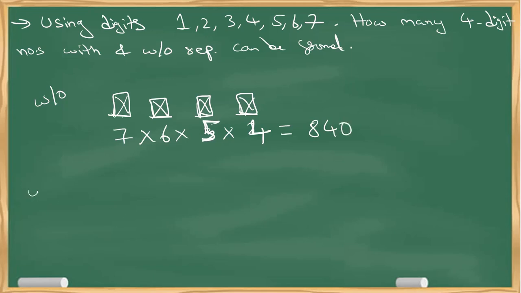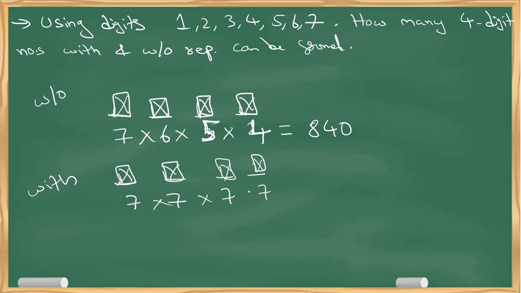That is without repetition. Next, if I want to check with repetition, same thing, but no need to worry about the constraints. So it is 7 possibilities. The same number can also come, so there is no constraint. So again 7, again 7, again 7. So I have to multiply. 7 square is 49, 49 square is 2401. So this is the answer for the particular question without using any formula except the counting rule. Simple. Is that clear?